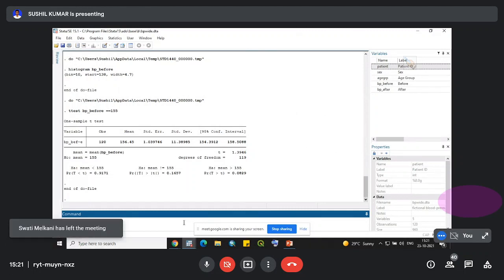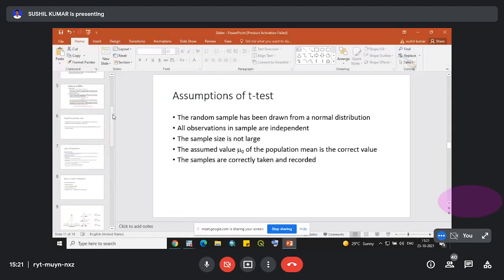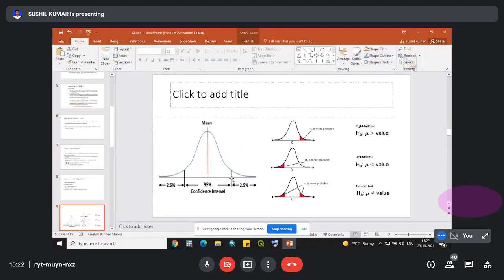The p-value basically shows the chance of the value falling at the extreme ends. Look at this graph. We want to check our null hypothesis, and if the value of t lies in this portion, 2.5% on the left side and 2.5% on the right side, then we can reject our null hypothesis.